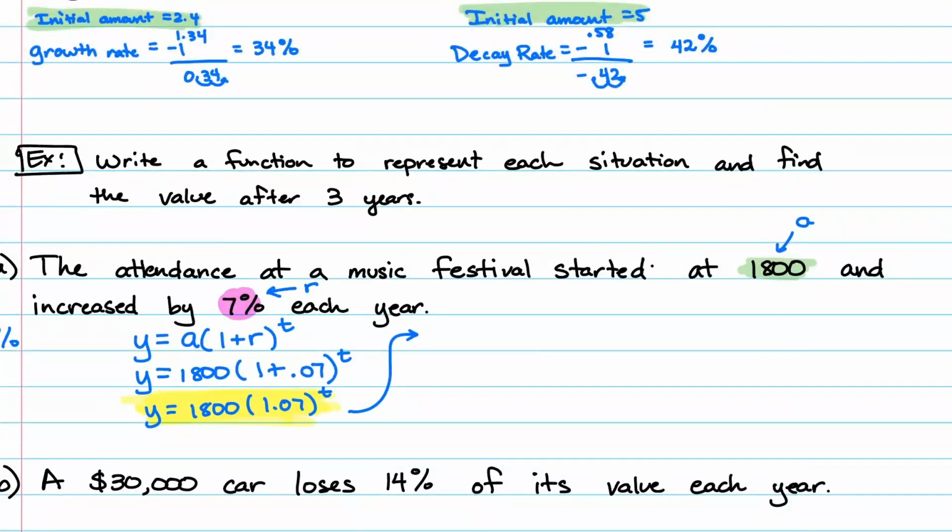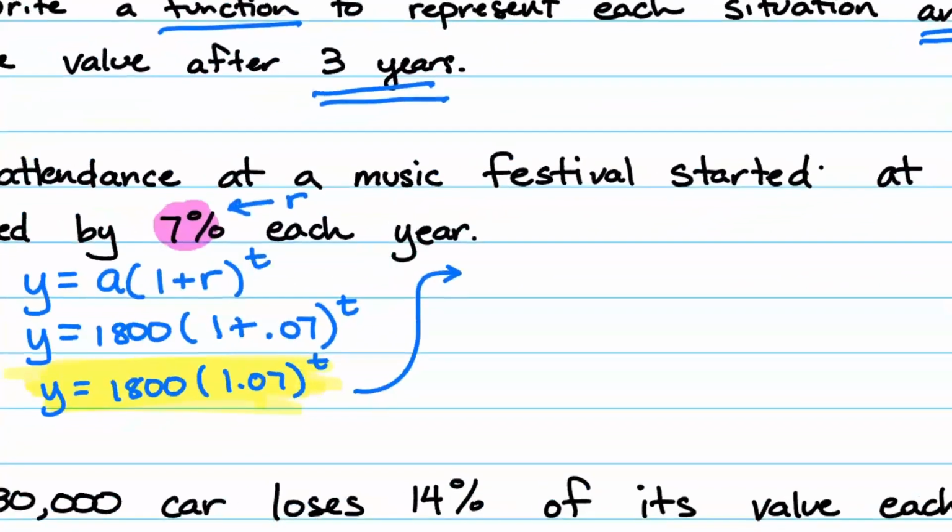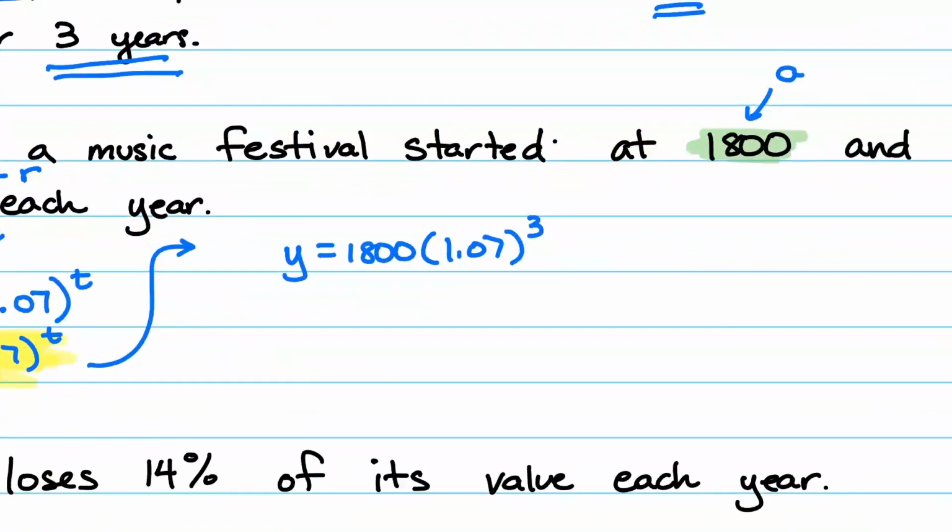Remember, it says I need to write the function. I already did that. And I want to find the value after 3 years. So since I want to find the value after 3 years, I'm going to plug in 3. I get y equals 1,800 times 1.07 to the third power. Now on your calculator, you're going to type it in exactly like that, 1,800 parentheses 1.07. If you're using a TI-30X2S, the only thing is right here, when you write 1.07, close your parentheses, to get to the third power, you're going to type this, 1.07, close your parentheses, and you're going to hit the button